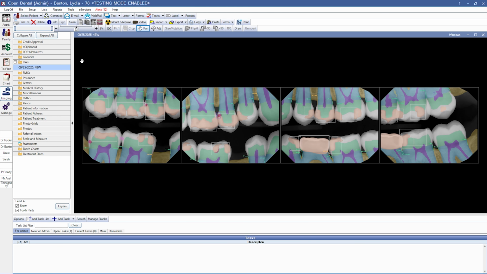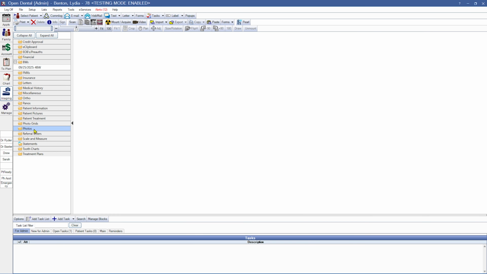If you've imported images into a different folder than one that is currently assigned for the integration with Pearl, you will need to click on the Pearl button. Let's show you how to manually add annotations to the images. We'll select a category